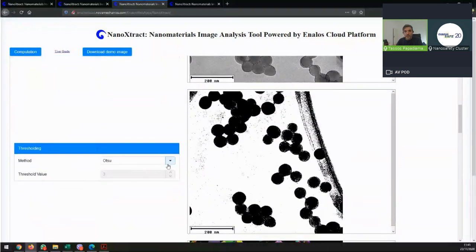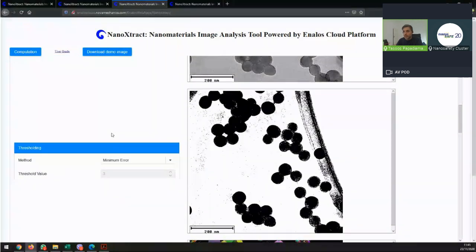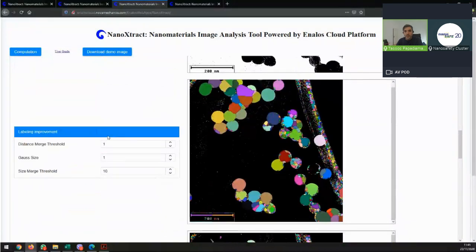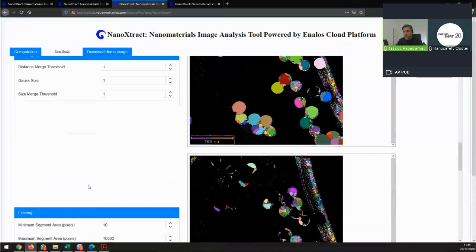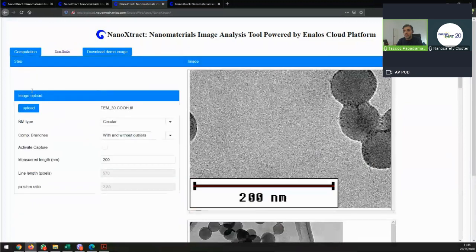I'm going to use the minimum error, and I'm going to try not to merge at all as much as possible, and increase that. Okay, let's see what we get here now.